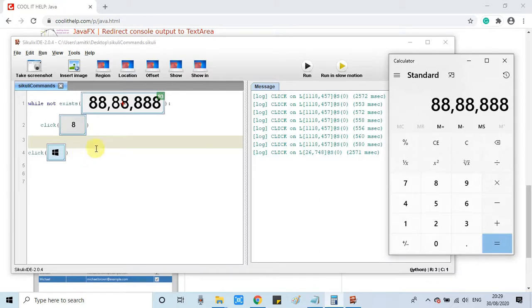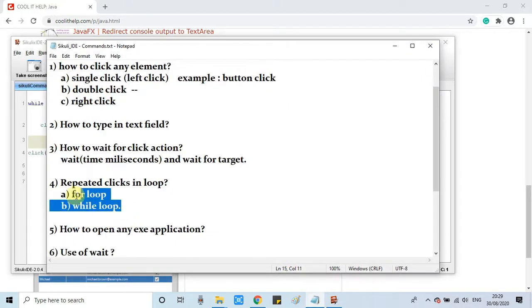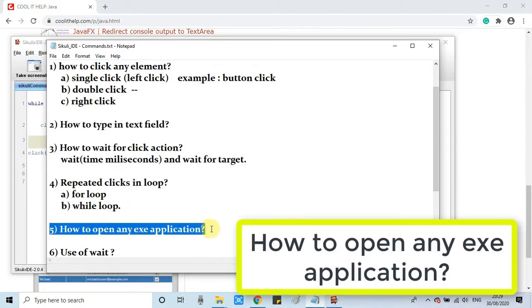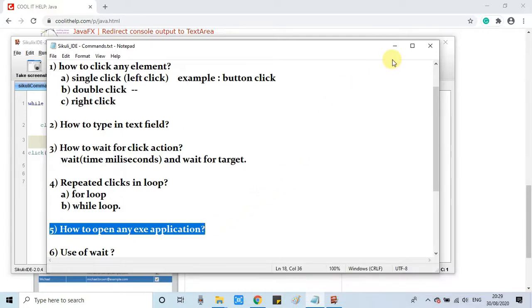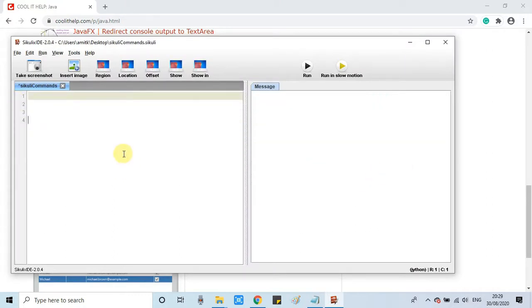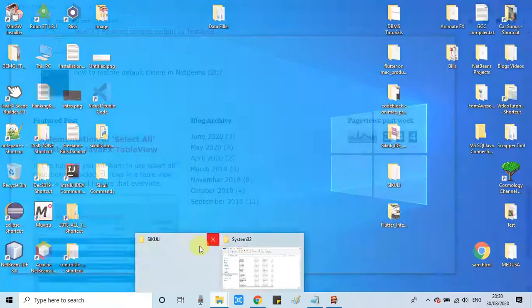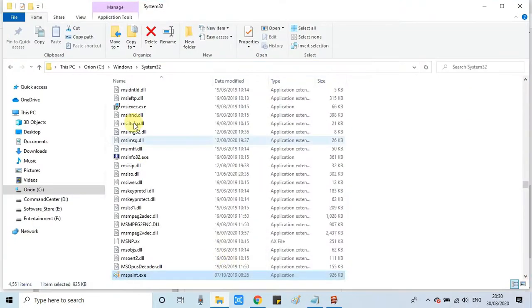So guys, you have seen here the working of the for loop and the while loop that we have used here. Now we will move to the next one, in which we will learn to open any exe application. This can be any Windows application or your customized application exe, or simply you can say we are going to invoke any exe application from the Sikuli script. This is very simple. 2 ways there. So we have to simply call the readymade function.